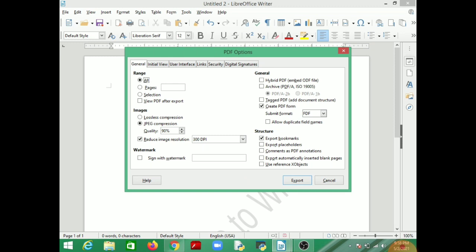Watermark can be allowed here. You can select the PDF type and the structure of PDF. You can also export bookmarks. Then click on Export, and it will change your document into PDF format.